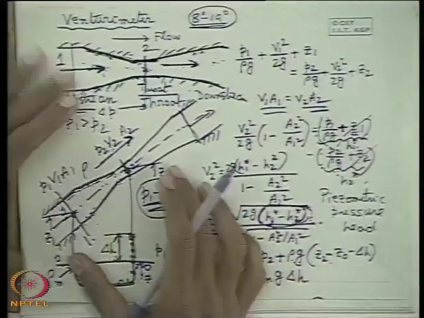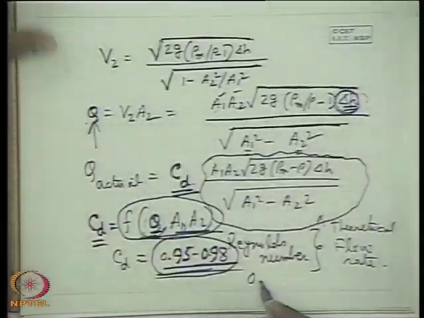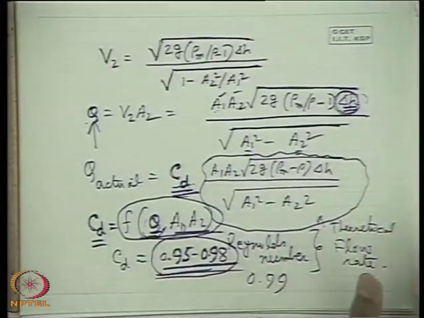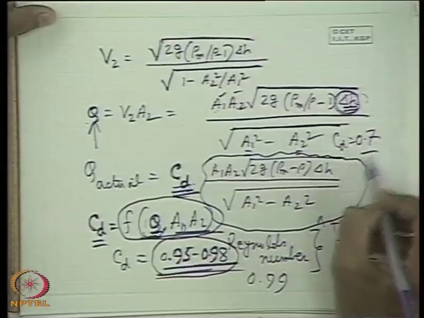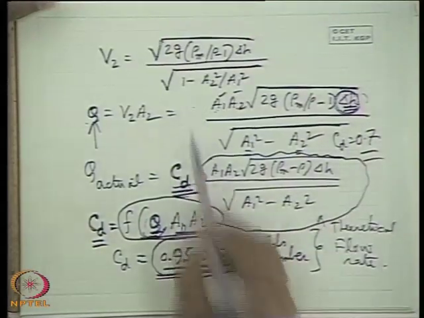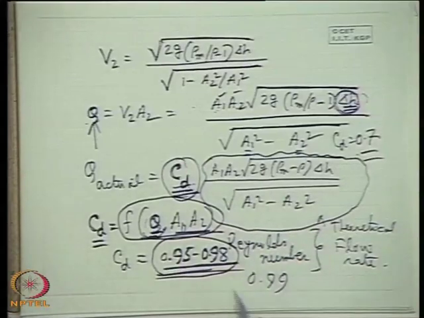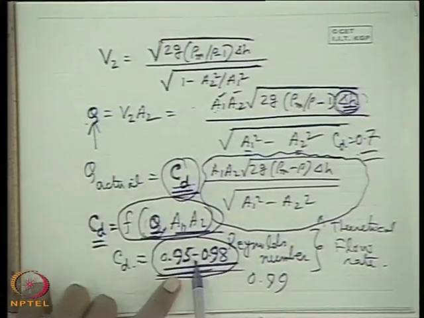I give you a venturimeter and tell you, okay, use the venturimeter. The venturimeter CD value is 0.99. You may doubt. Actually, the venturimeter which I have given is so rough in surface and so badly designed, its value of CD is 0.7. So there will be a tremendous discrepancy in the result if we use 0.99 as CD and 0.7. So what you do? You calibrate the venturimeter. What is meant by calibration? You find out the value of CD.